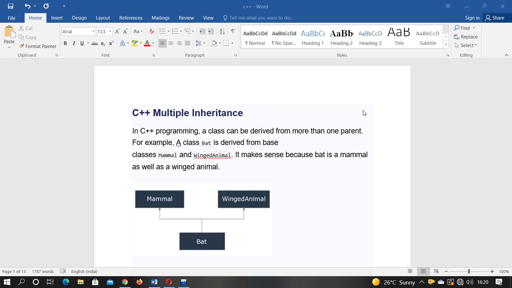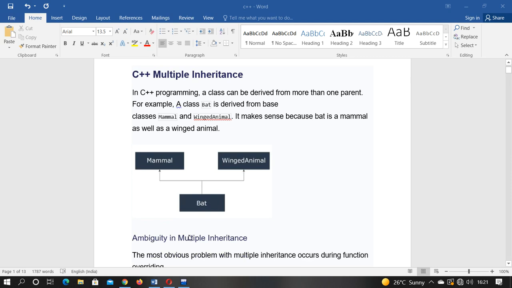Technical learning. Today I am going to cover another topic of C++, which is multiple inheritance, as we have already covered multi-level inheritance in the previous lecture. Now I am going to cover multiple inheritance. What is actually multiple inheritance? Where there are two base classes, such as mammal and winged animal, and one derived class which acquires the properties of both mammal and winged animal. So this is the definition. You can read this particular definition, and now how will it work? You will inherit the properties of two base classes in the single derived class.